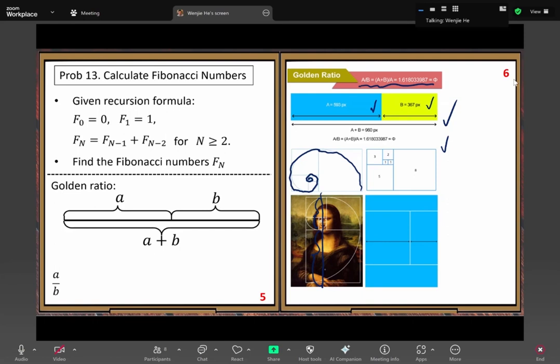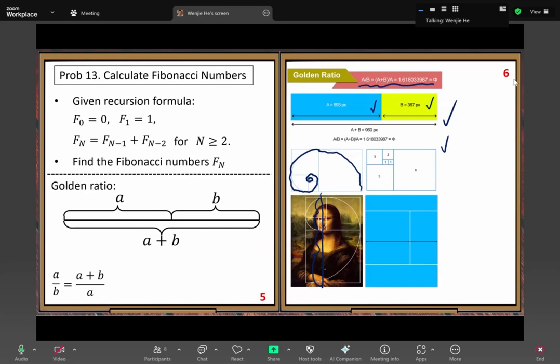This ratio should be equal to another ratio: the sum of the two line segments, A plus B, over the length of the longer line segment. And those people set up this relationship and wanted to argue that the ratio derived in this way is interesting, and they felt it's the most beautiful, most natural number in the world. So that's their argument, all right?